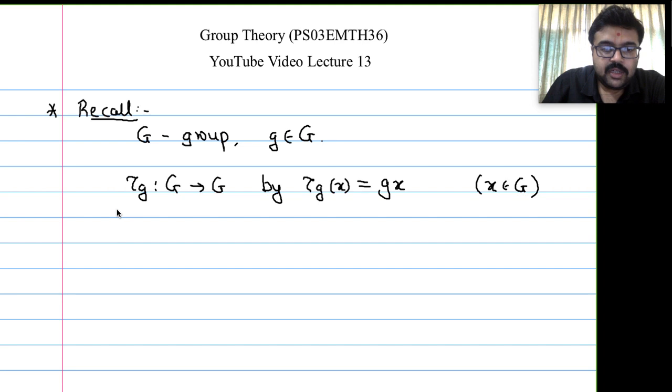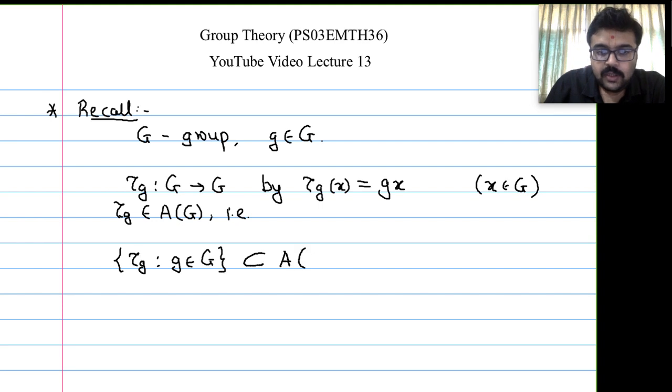Then we observed that this tau g is not an automorphism, but it is a one-one onto function. So tau g is in A(G). So this set, tau g such that g belongs to G, is a subset of A(G). That means if I take any element in G, I get an element tau g in A(G). So that